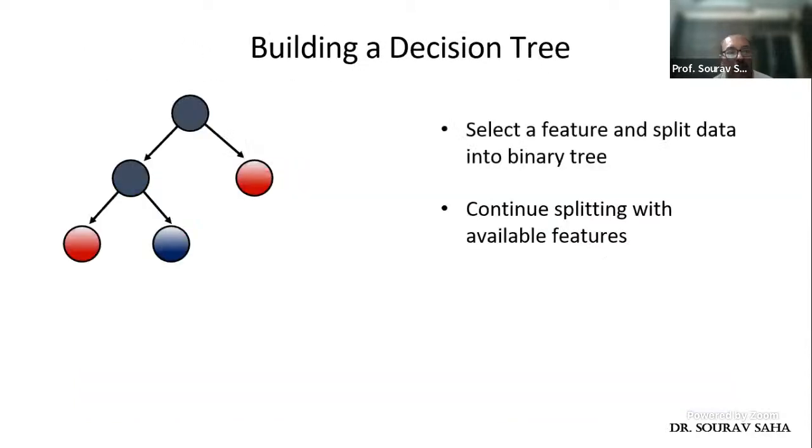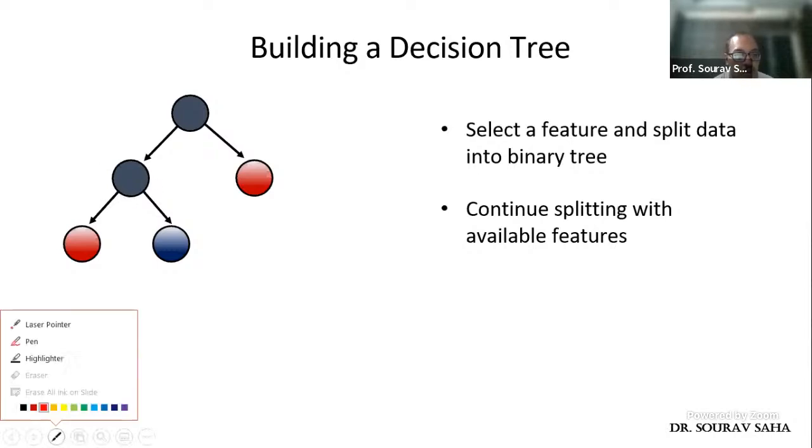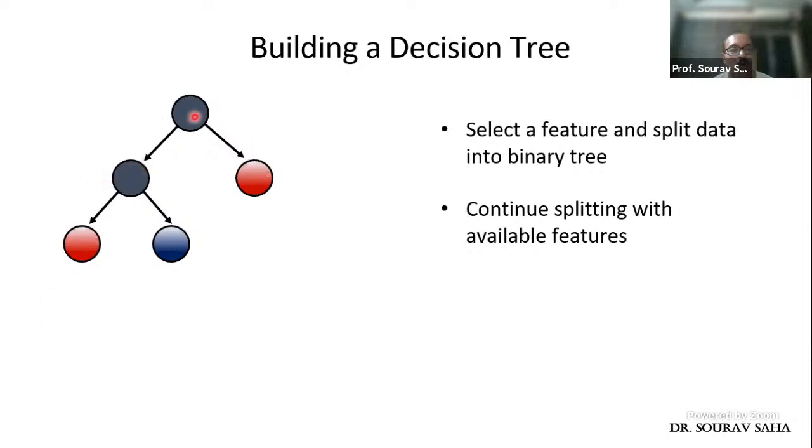So I split it further, right? And once again, we get some reds and some blues. If these reds are completely homogeneous, in the sense that there are no blues embedded in those reds, and the blues are completely homogeneous, in the sense that there are no reds embedded in them, then probably I have reached some kind of homogeneity. So based on the condition on which I have split this particular node, right? So this particular node, on the basis of the decision on which I have split it,